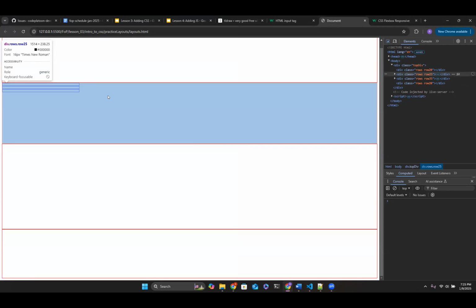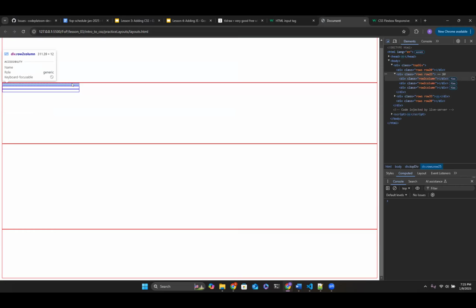Okay, Tim. I'll show you why this didn't work. Your method works, absolutely, right? But the reason why the method I'm trying to teach you doesn't work, and this is a very rookie mistake, I can't believe I just missed it, is because I'm trying to add Flexbox in these boxes, right?